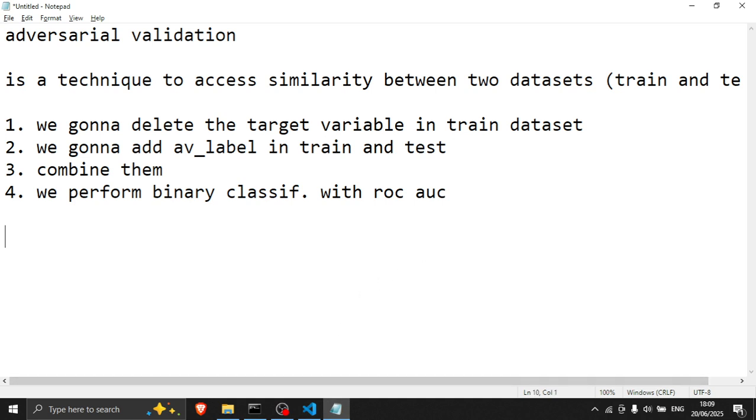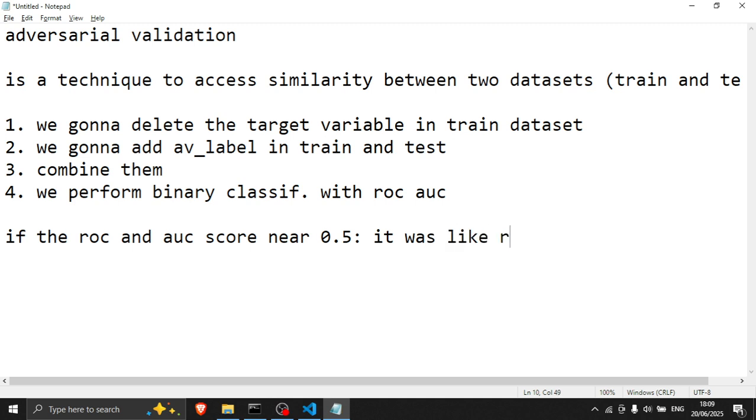This is the insight that we have. If the ROC AUC score is near 0.5, it's like a random classifier, of course.